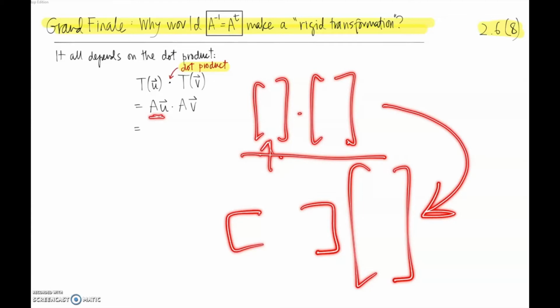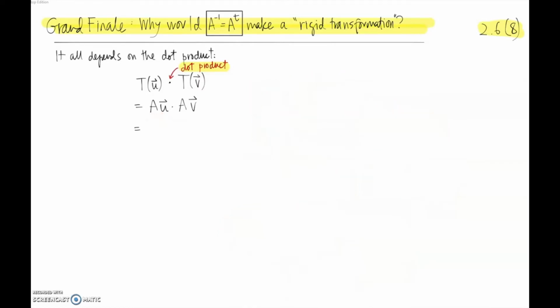Remembering what the definition of dot product is. So this guy right here is just (Au) transpose. So we have (Au) transpose multiplied by Av. It's not a dot product anymore, it's a matrix multiplication. So make sure you think through this step here. This is the big step right here, that we're taking the dot product and just redefining it as a matrix